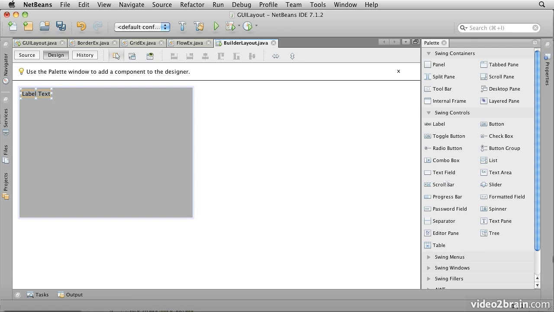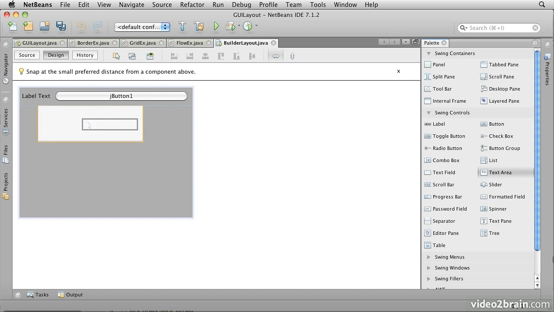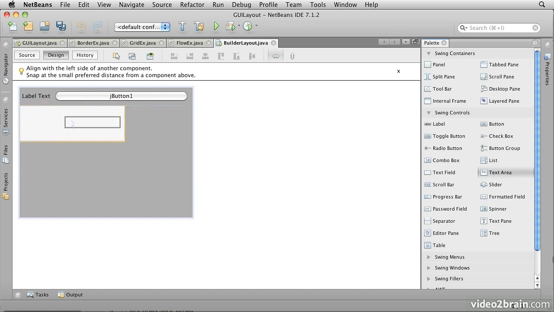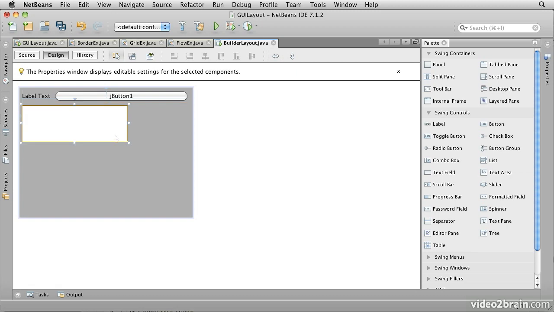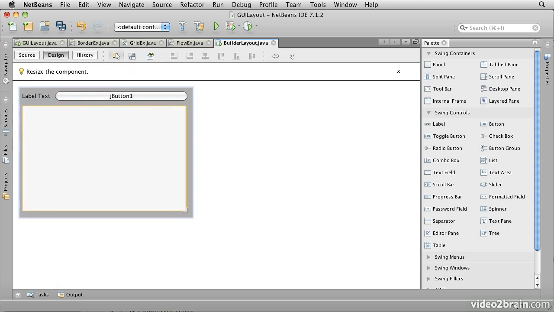Then I could grab a button, for example. There's a button. Drag that across, and I can arrange it, notice the baseline under the text, that will line up those text baselines so they look properly lined up together. If I drop that there and then grab this right hand edge, I can tell the system I want the right hand edge to attach itself to the right hand edge of the layout. Then I might grab, for example, a text area, move that across, and I can stick that up tight in the top left area underneath everything else,